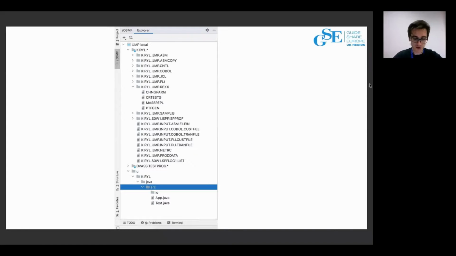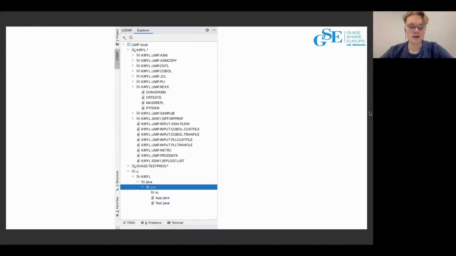So Victor, could you please tell us more about it? Okay, in order to implement the interaction between z/OSMF and IntelliJ internal mechanisms, we had to implement our own virtual file system based on some IntelliJ interfaces.